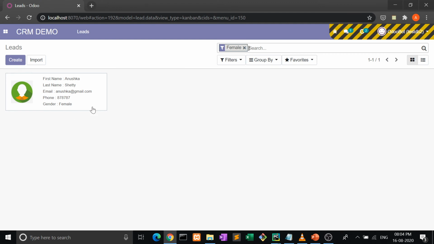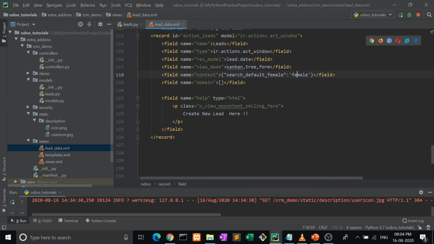See here, only the female candidate is visible. So only this change we need to make.